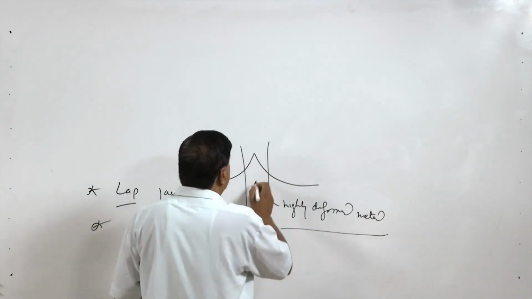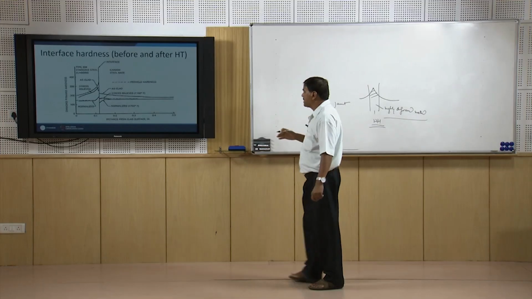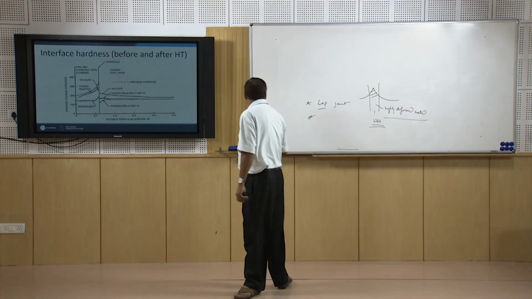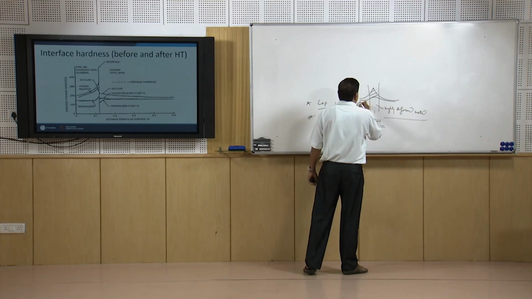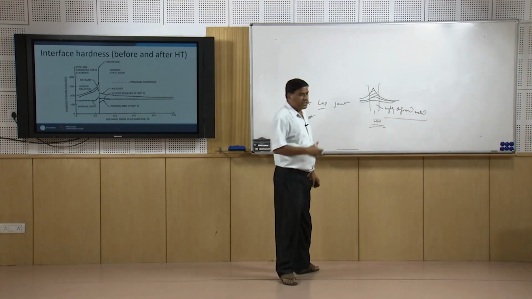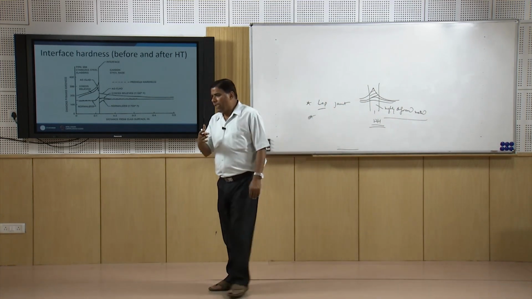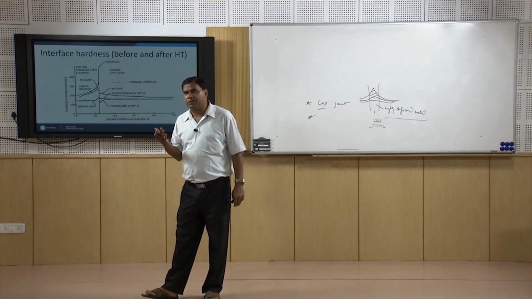So, work hardening actually increases the strength, and subsequently if the system is normalized or heat treated, stress is relieved, then maybe this gets moderated or it gets flattened. So, there is no major variation in hardness left, because all work hardening effect is eliminated through the heat